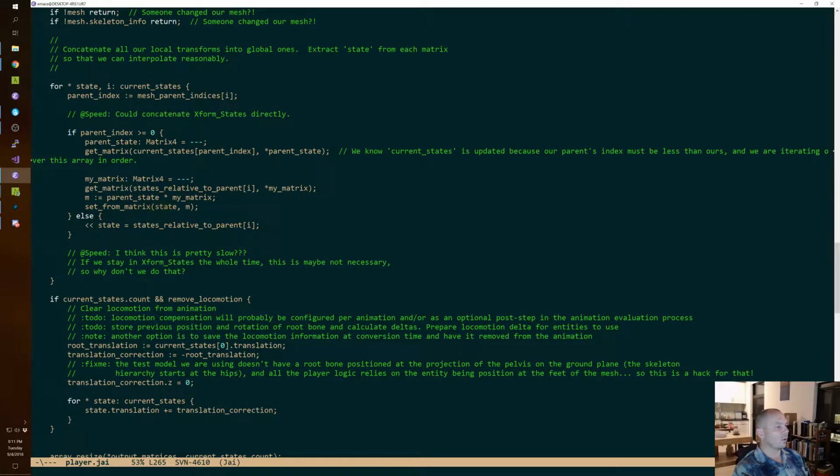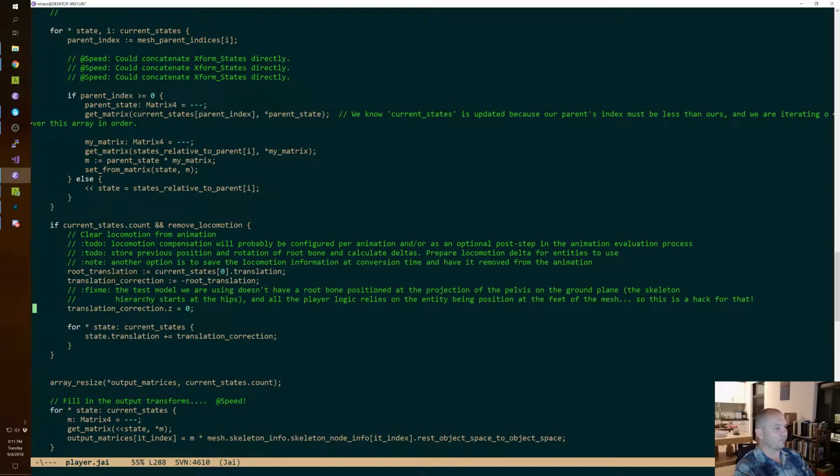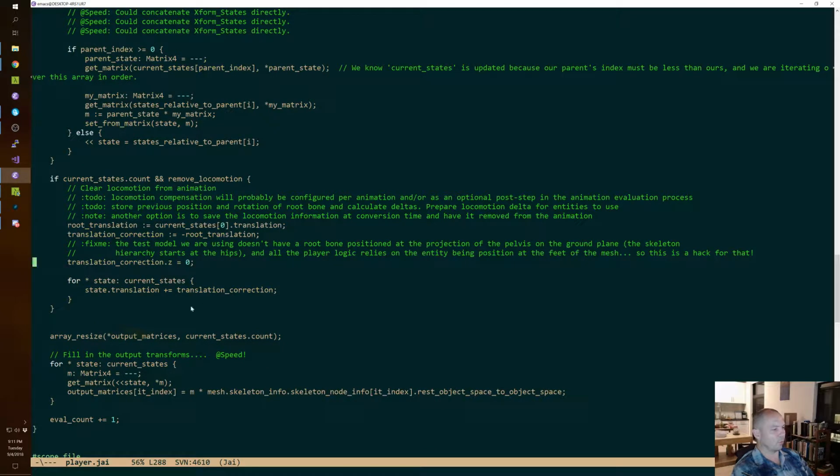Anyway, so at the end of this, we have the state no longer relative to the parent, but we have the parent state times our state, right? So this comment is basically redundant to this comment. So let's just make that one easier to see and remove that one. Okay. So then maybe we remove the locomotion from the root bone or not, depending on what we want to do. And then we actually generate the output matrices from these X-form states,